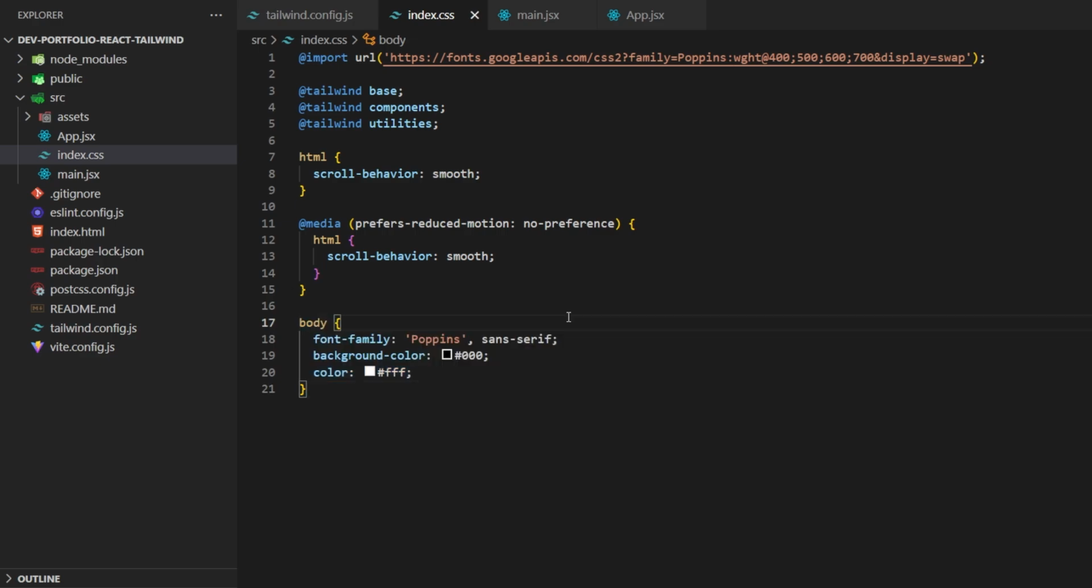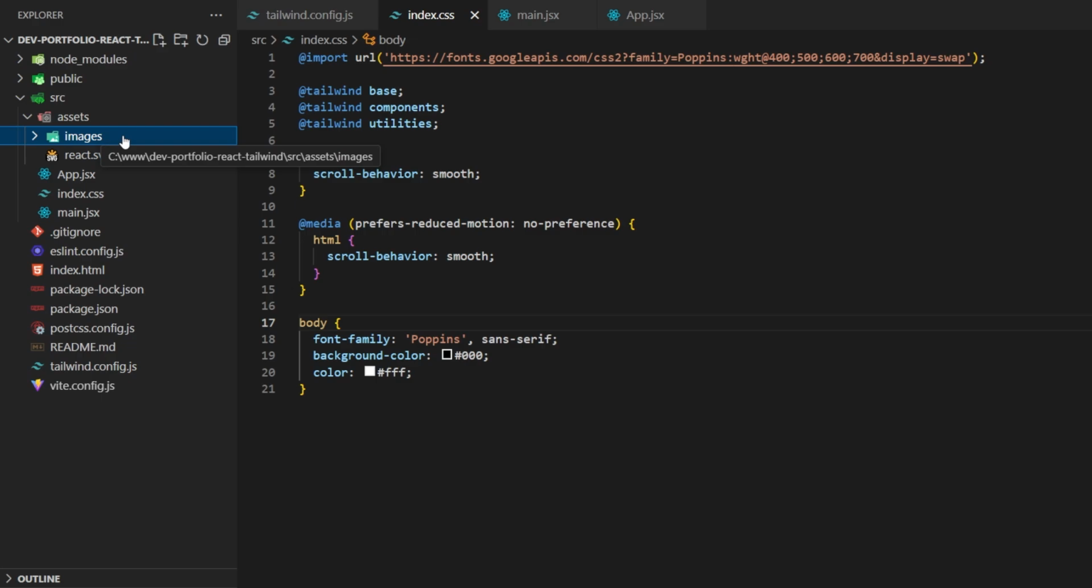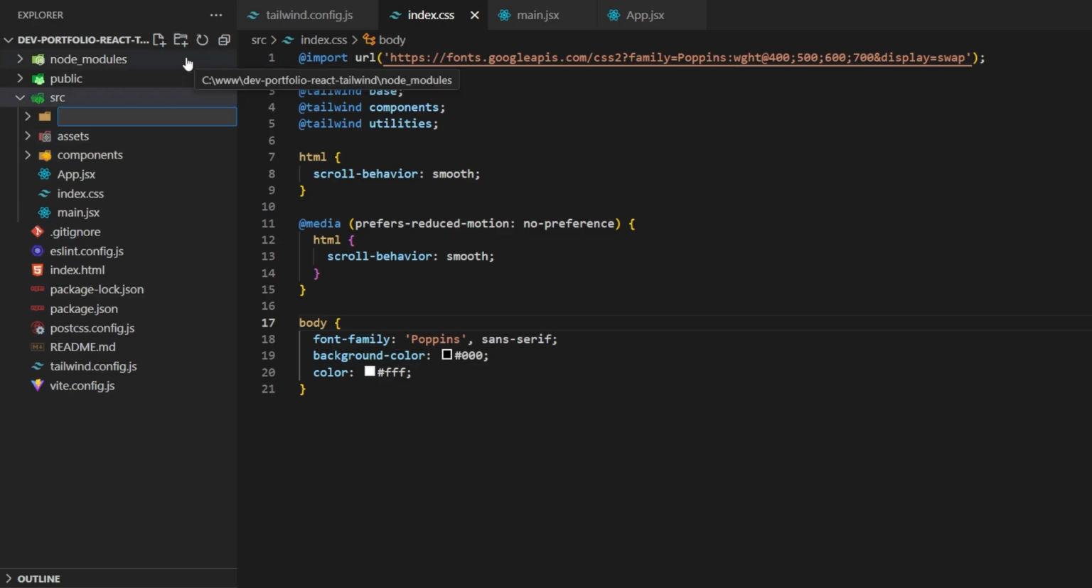Now it's time to import the images. We will go into the assets, and there we will paste the folder with the images we will be using in our project. Then we will create there in the source folder the components folder, where we will have a navigation bar and a footer. And also we will create there a folder called pages, where we will have the sections like hero section, about